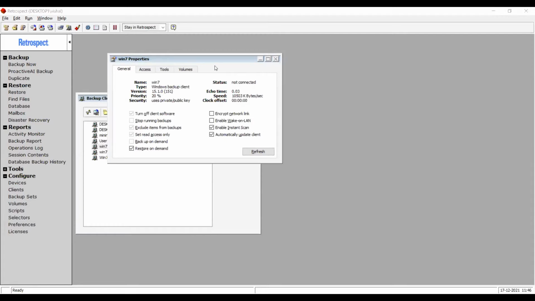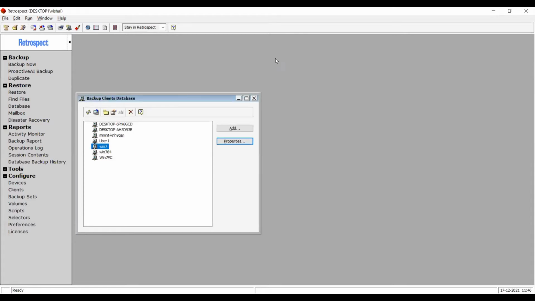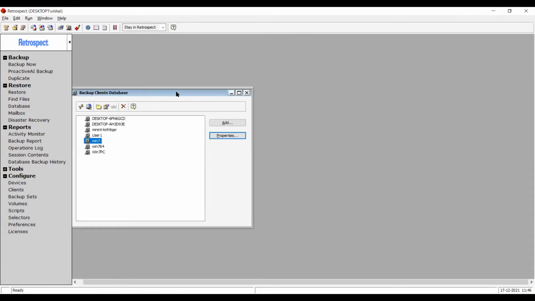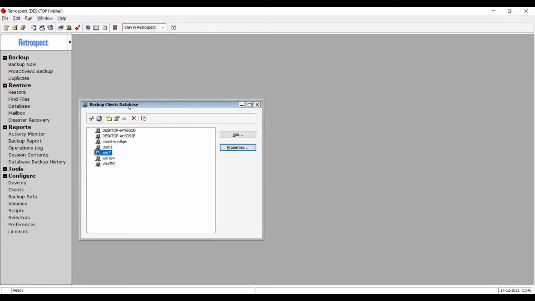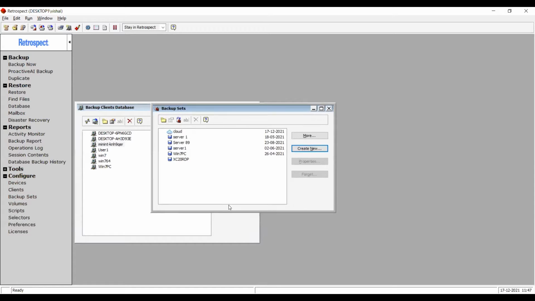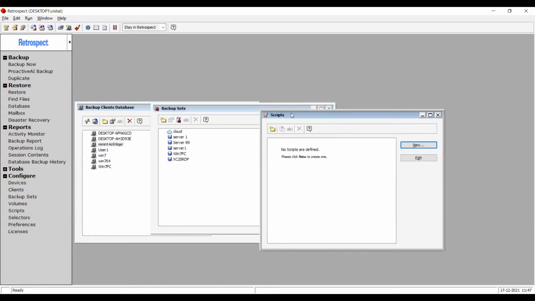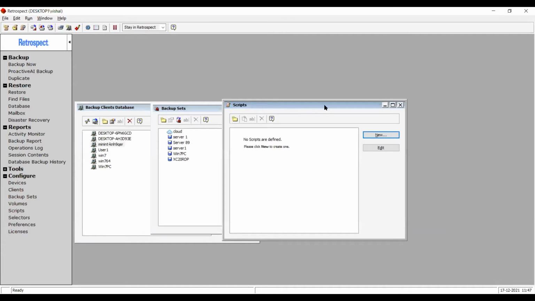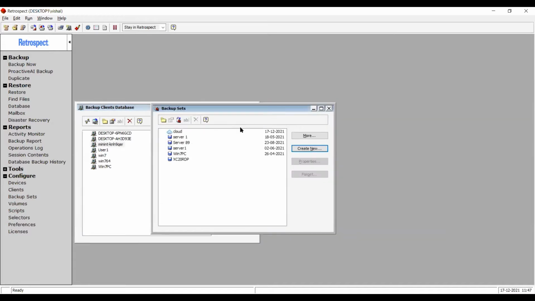And so once you have added the client, the next thing is, there are 3 simple steps to set up a RetroSpec backup. So I'll just bring up the other windows. The first step is to choose your sources, what you want to protect. The next thing is where you want to save your backups. And the third item is to create a backup script and specify the backup interval and some other parameters of the backup. Okay, so we talked about the first step. Let's talk about the second step.